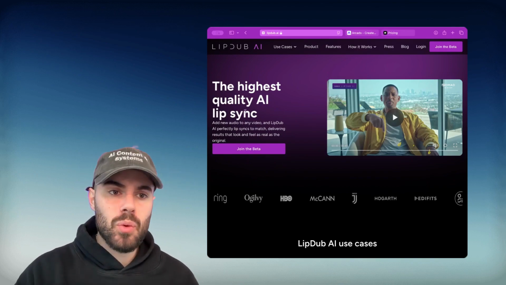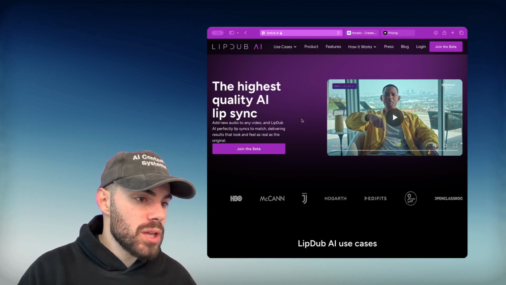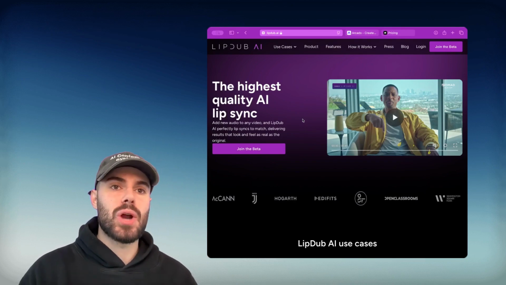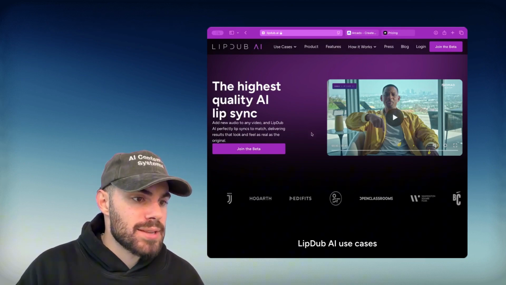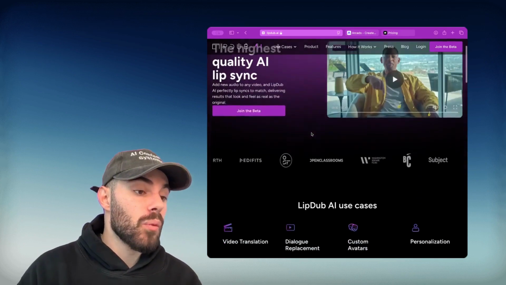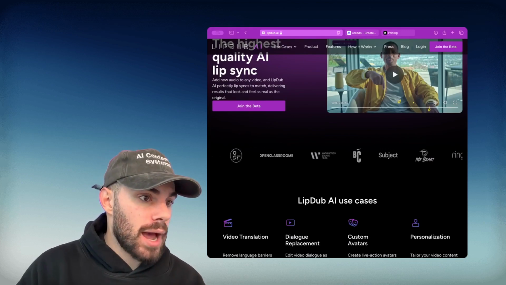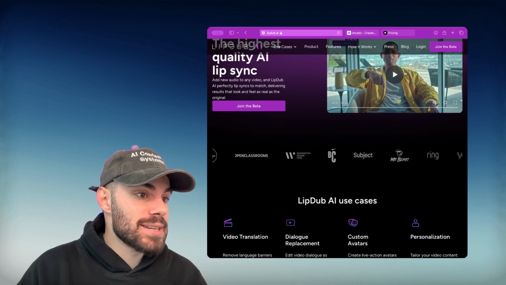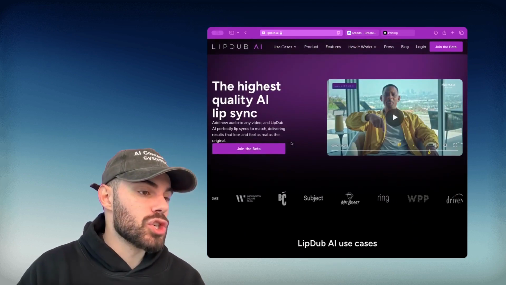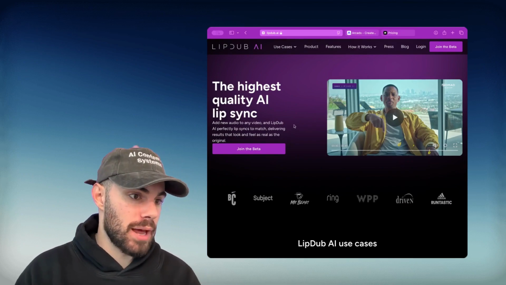What if you want to use LibDub for a different use case, such as dubbing a movie, a commercial, translating your testimonials, translating your ads, translating your YouTube videos, podcasts, and you're not interested in doing short form content, UGC? Well, there are AI marketplaces available where you can find real actors that have been licensed, that have licensed their likeness and have been trained on LibDub. You can choose these actors to generate UGC by finding them in the following platforms that I'm going to show you.